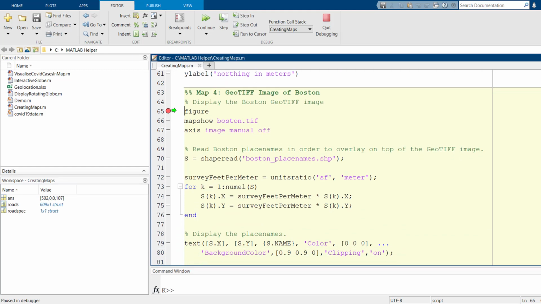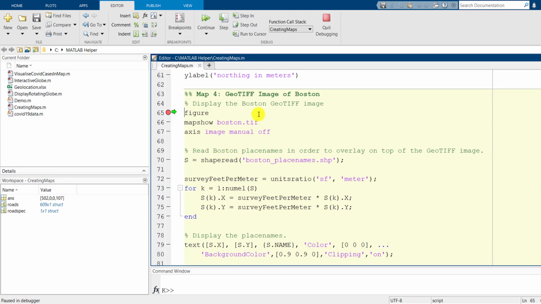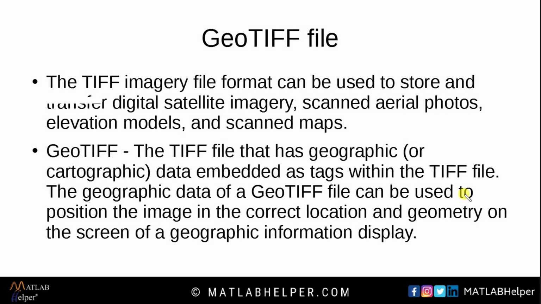Next, moving on, we are going to display the GeoTIFF image of Boston. Before going to the code, let's see what a GeoTIFF file is. The TIFF imagery file format can be used to store and transfer digital satellite imagery and other scanned maps.